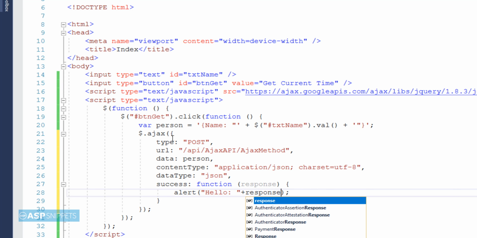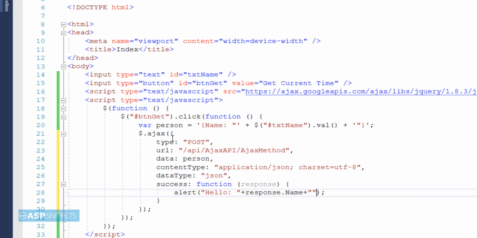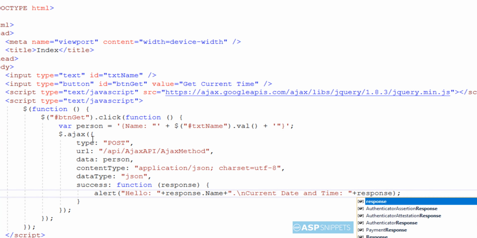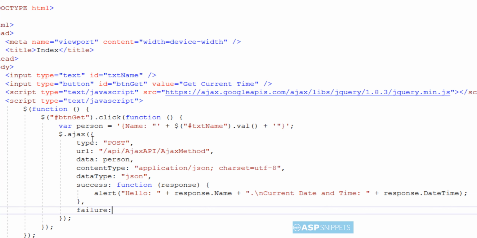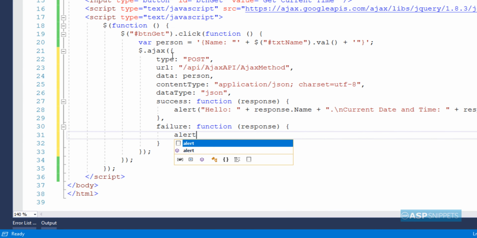Inside the success event handler, I am accepting the response, which is nothing but the person model class object, and then I'll be displaying the data of both the properties, that is name and date time, separately inside an alert message box. Then comes the failure and error event handlers of the jQuery Ajax function.